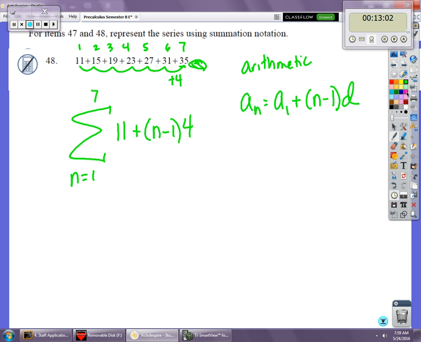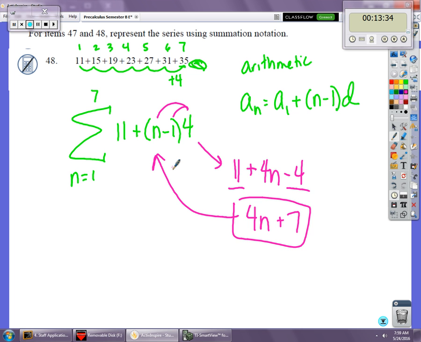You can simplify that if you want to. It's certainly not required, but you can, and some of you may have come up with a different rule that might be equivalent. So let me just show you, if you decide to simplify this a little bit, or maybe you came up with a different answer and you're not sure if it's right. Do you see how I just distributed the 4 here? So I get this, and then you can collect your 11 minus 4, which is 7. Sorry, I haven't had all my coffee. So this would also be a perfectly acceptable rule to have right here. They're equivalent, so it wouldn't matter which one you use. And that one's it. All right, so